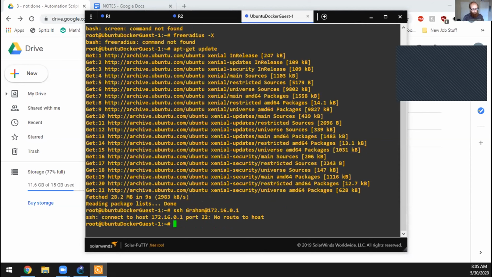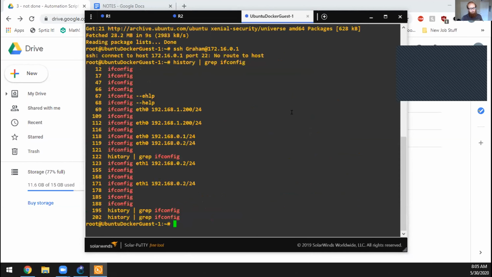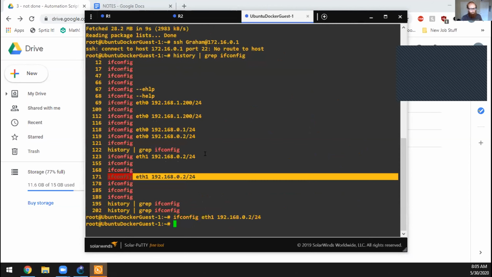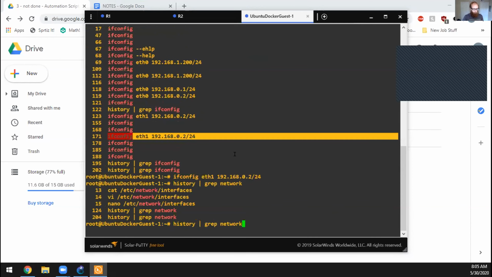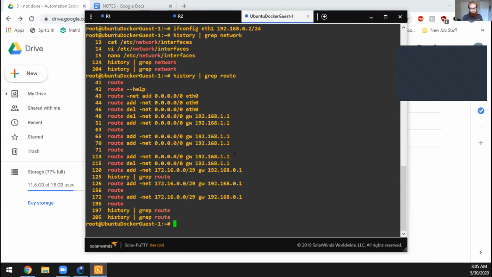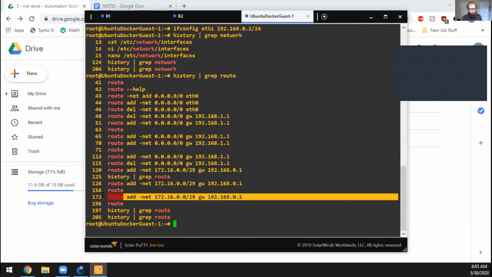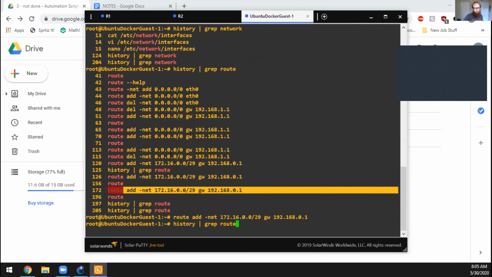So let's do history, grep, IF. Yep, and now, yep. Here we go. It's weird that it saves its history, but it doesn't save the packages. Oh, it's going to be route. There we go. Okay, so now you can see very clearly, hopefully,